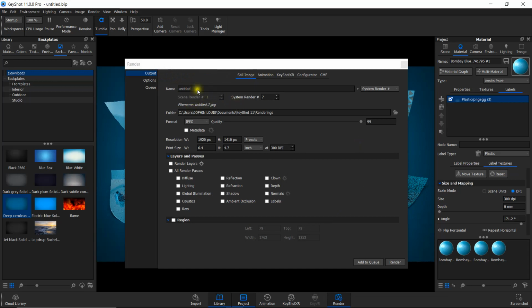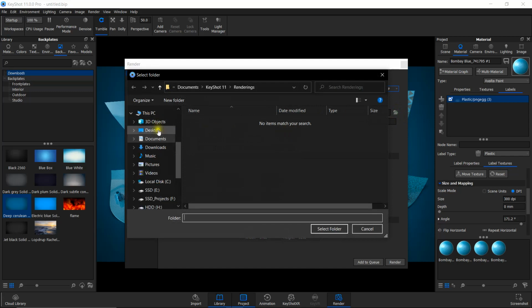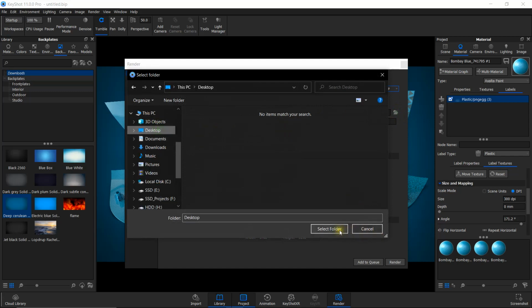First thing you have to do is provide a name for your file. So I am going to name it as just 1, and you can select your default folder. So in order to select the folder, click on this folder icon here. I am going to select it as desktop for now.